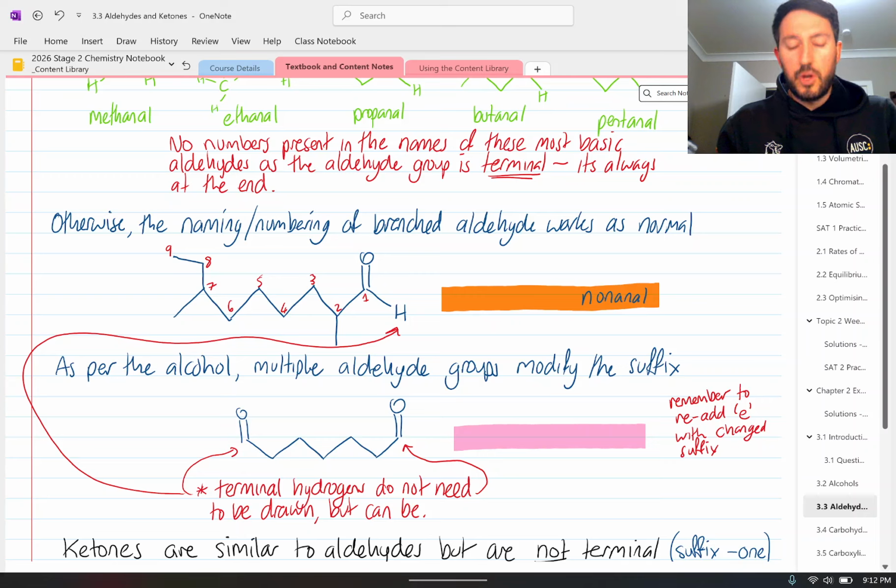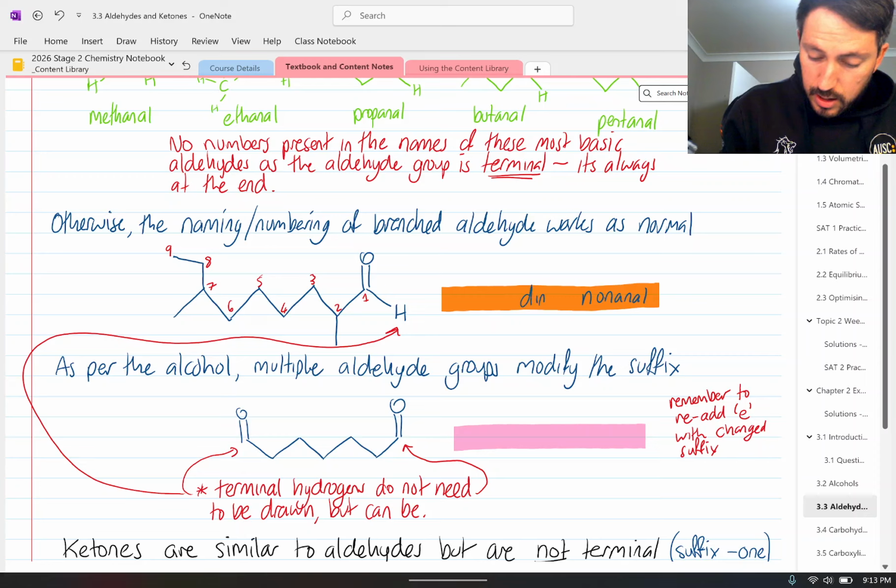But nonane is our 9 carbon alkane. So we modify that and put the al at the end, removing the E. So nonanal. It does have two substituents though. Both of them are methyl groups. So we have 2 methyl groups, so we know we'll be saying dimethyl at some point. So I'll just put that here, dimethyl